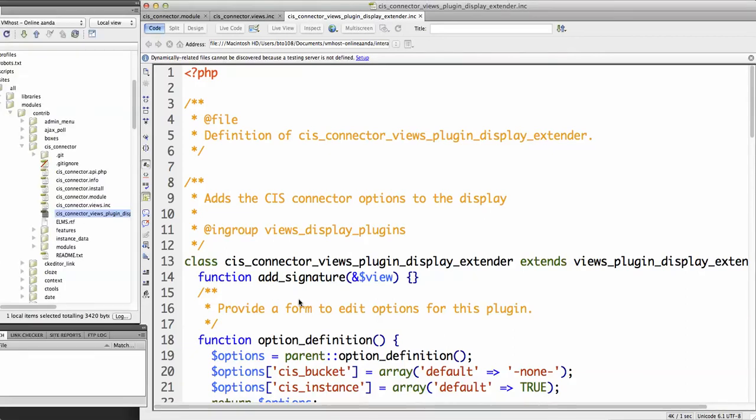Hi, I was recently able to add views integration into the CIS connector module, and I wanted to show just quickly how you do that because it took me a while to figure out. So